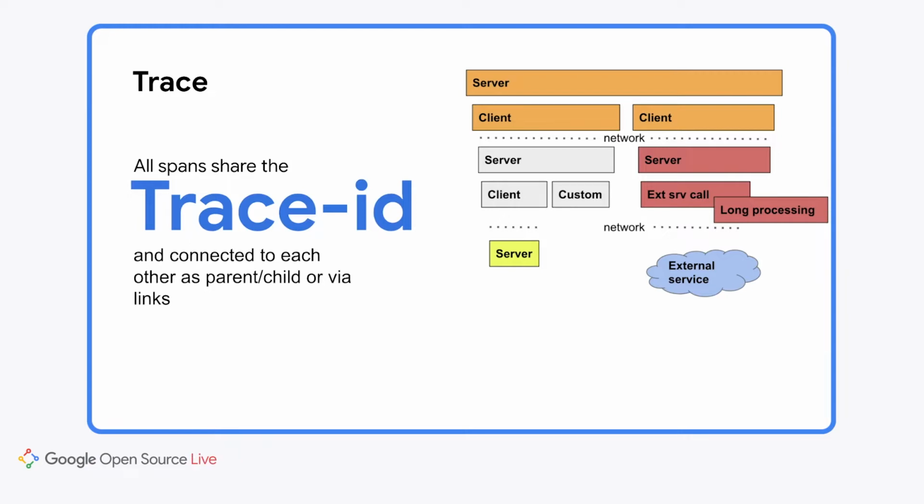First server may have another dependent service to call and some custom processing. And the other server may have some call to external service, third-party processing, and initiate some maintenance operation that may be long-running and span beyond the initial trace execution. All the spans on this picture are connected by having this one trace ID. It's a piece of information shared between clients, server, across the network, everywhere. So having trace ID, you can see the shape of a trace, which spans, which services were involved in processing this operation, and how they stack together.